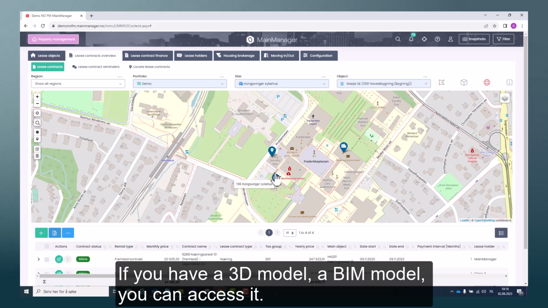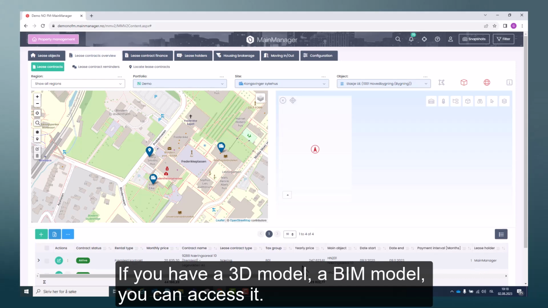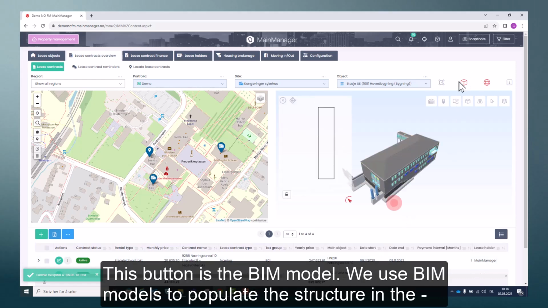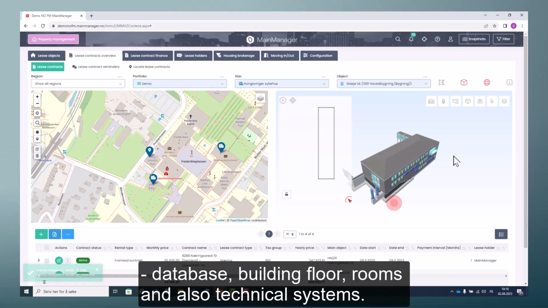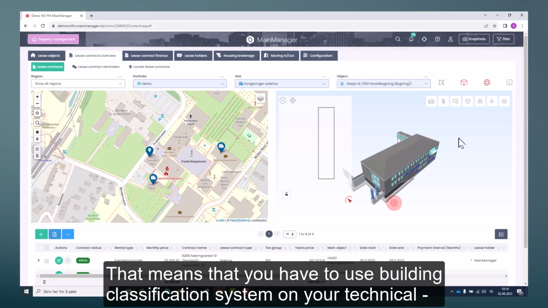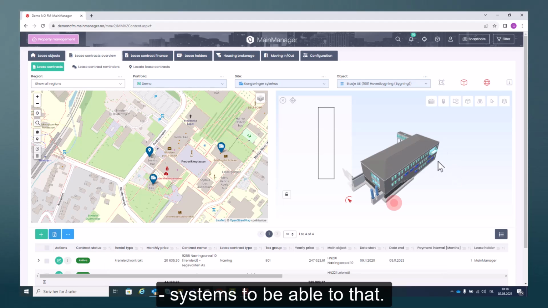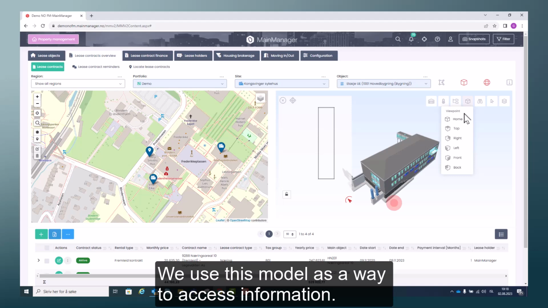And if you also have a 3D model, a BIM model, then you can access that too, and this button is the BIM model. We use BIM models to populate the structure in the database: floor, building, floor, rooms, and also technical systems. And that means that you have to use a building classification system on your technical systems to be able to do that. And we use this model as a